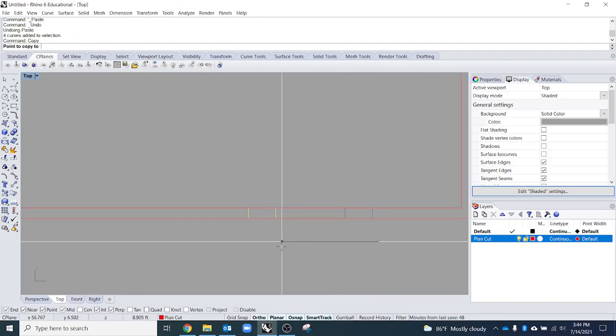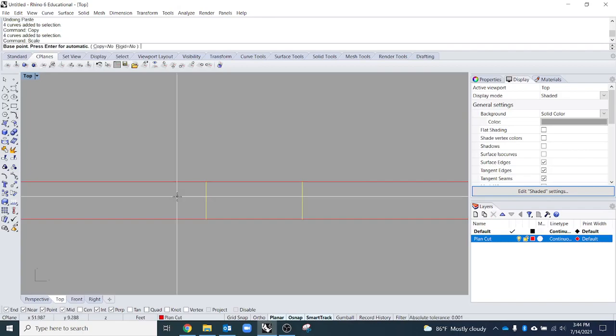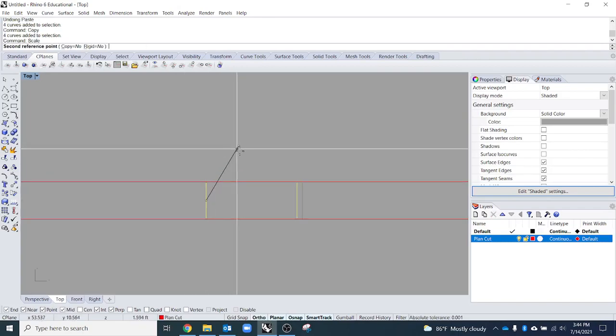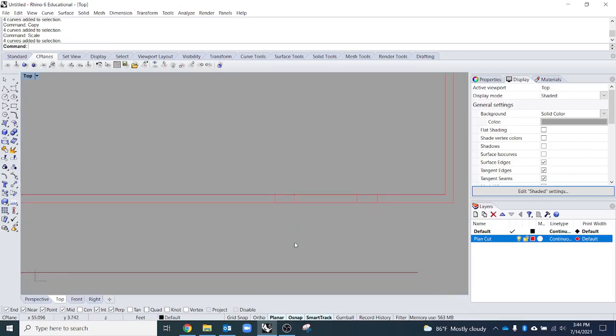And I'll copy these two lines. I'm holding shift to snap to ortho, because again, it's important that those lines actually touch the wall. For example, if I were to scale these back a little bit, they look close, right? If I'm zoomed out this far, I can't see that they're not touching, but if I try and trim my line now,